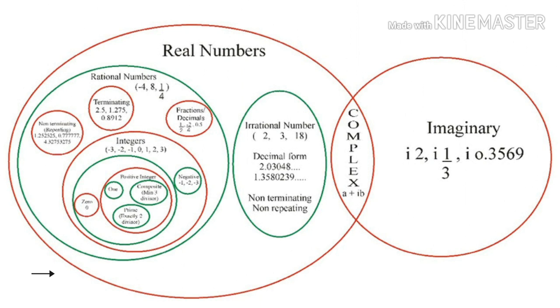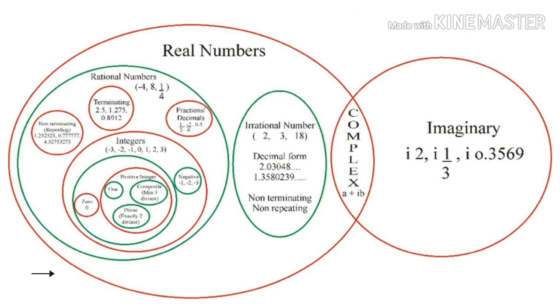Rational numbers are also categorized as integers, fractions or decimals. Integers are all the negative and non-negative numbers including 0. Positive numbers and 0 are called whole numbers, whereas only positive numbers excluding zero are called natural numbers. Natural numbers are again categorized as 1, prime numbers which have exactly 2 divisors, and composite numbers which have a minimum of 3 divisors. Next is irrational numbers.